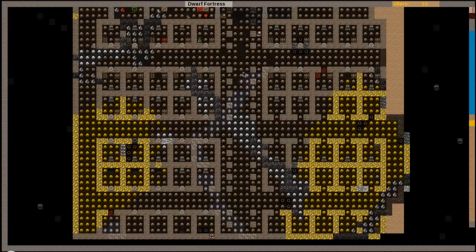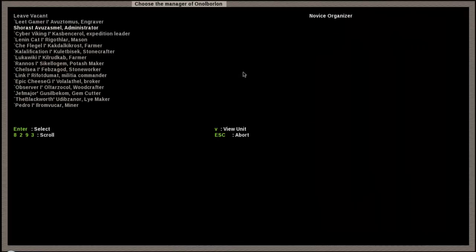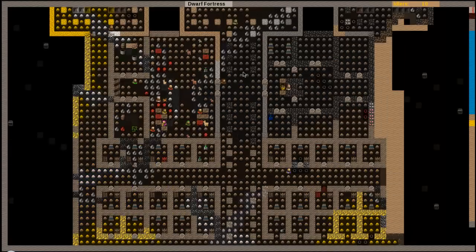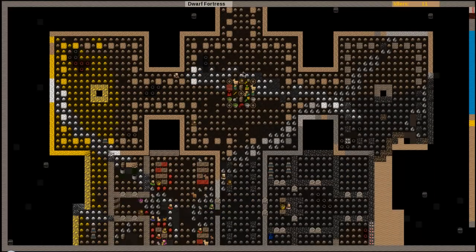Shoreshast Azavimal apparently is an administrator. I wonder if that means they are ready to be... Actually, Elite Gamer is a skilled organizer. They're more of an administrator than this person is. I'm not ready to designate a manager yet, because I don't have any need of a manager. We don't have that much of an industry. But what a manager does is